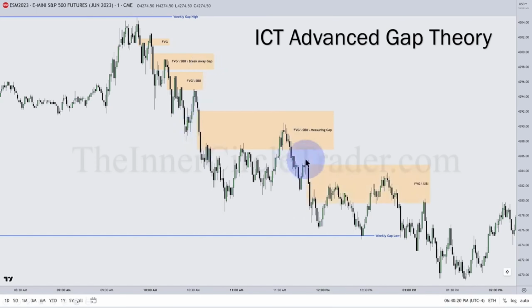The market breaks lower, and then we have another fair value gap in the form of a SIBI. You can look at this on a 2 minute chart. This will be one down closed candle. And again, essentially working into consequent encroachment, taking buy side here, and then breaking lower to a lower low below that weekly gap low. Standard fair value gaps, which are common gaps, can be reclaimed or traded back to as resistance or support. The market trades back up to it here. Look at the bodies of the candles here. That's telling you what? The narrative.